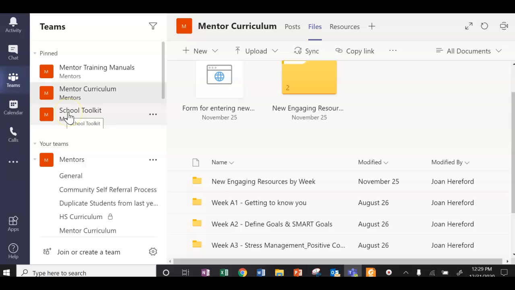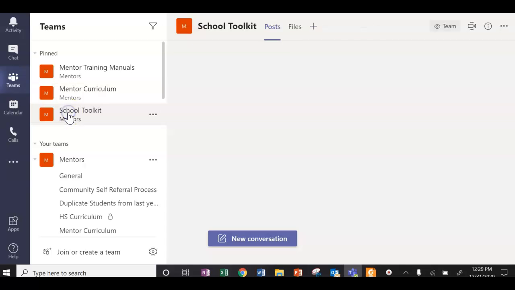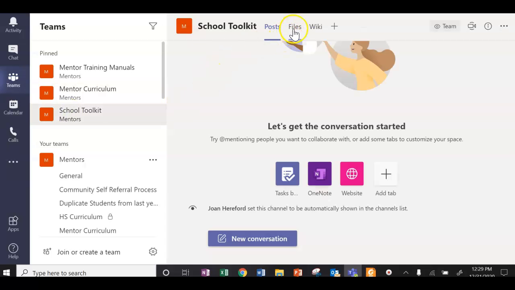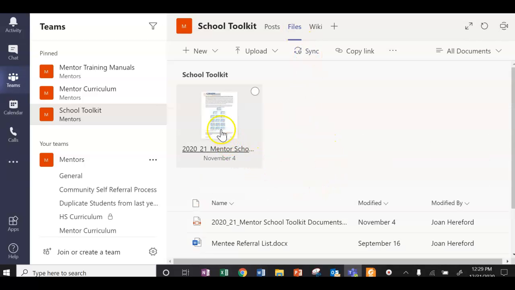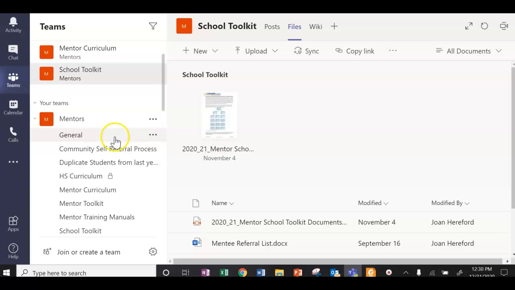And then the third tab that you will use a lot is the school toolkit. Under files, the most important thing here is this is what all the schools get from us, the Mentor School Toolkit. I strongly urge you to read through it so that you see what the schools are seeing and you understand their options. And then if we scroll down more in the team, we see the community self-referral